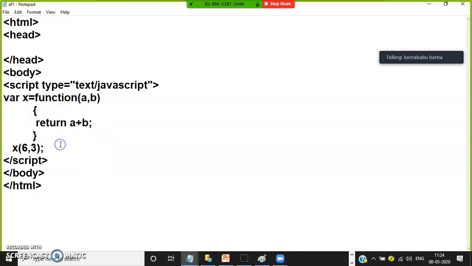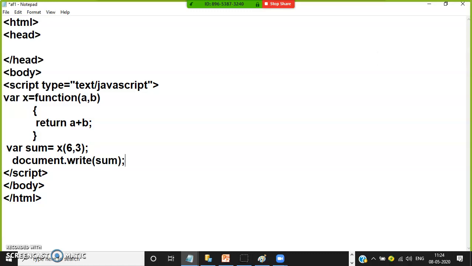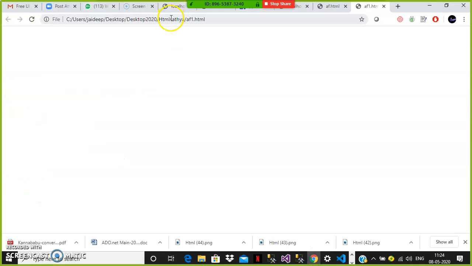If the function returns some value, then the result of the function you have to store in one variable. Here, sum is equal to x of 6, 3, and I will print the sum. Something like document.write of sum. Now save it. Once check the output here. Are you following? So let us see, refresh. Now you'll get the output as 9.